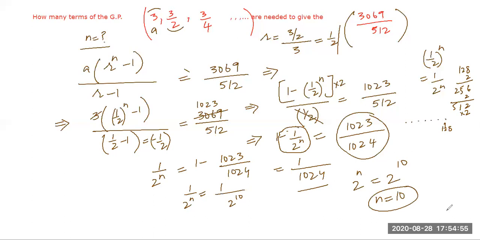This is also done. The more you practice, the better you get. You have to do a little bit more practice on GP, because there are two tricks in this. Sometimes the calculations are tricky, and sometimes you have to convert. We have a sum like this coming. You have to convert a sequence which does not look like a GP into a GP. This is a real trick. So this kind of sum will be there, and you can do that also, no problem. This is 10, this is done.